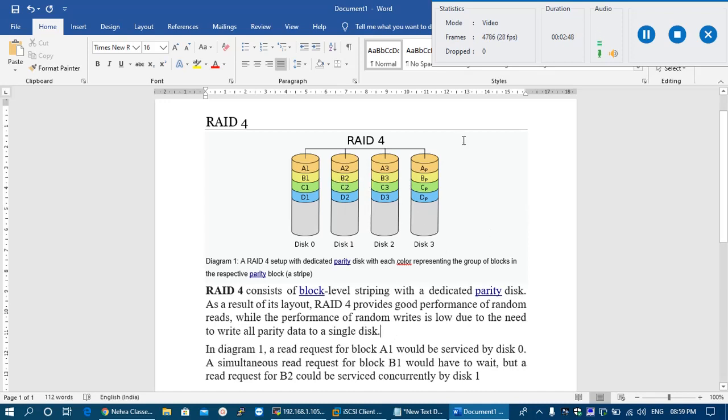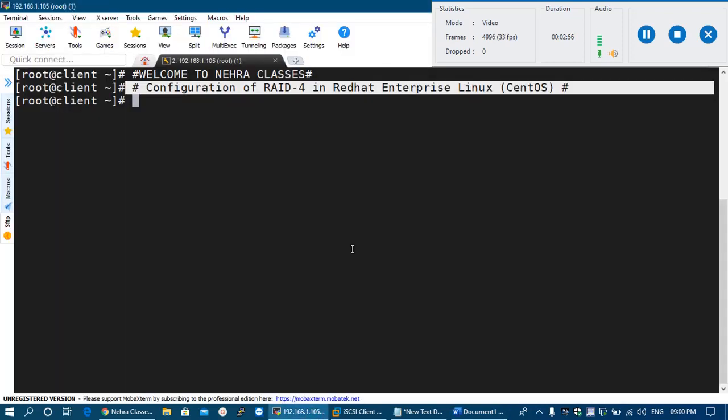So let's proceed towards the configuration of the same. In today's tutorial, I will first create the RAID 4. After that, we will create some data on it, and thereafter we will make one of the disks in the RAID faulty, and after that we will check whether our data is safe or not, and then we will replace the faulty disk with another drive, and then we will recheck whether our data is intact or not, and we will try to fail more than one disk and see whether the data remains safe or not in the RAID.